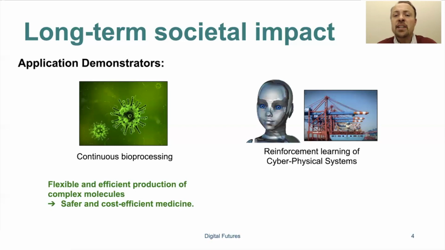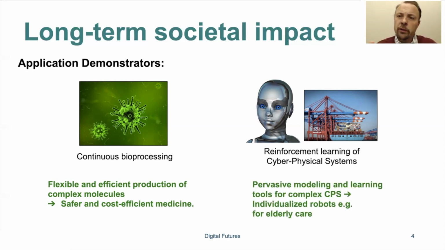The other application area is reinforcement learning of cyber physical systems. So what is a cyber physical system? Well, that is a system where you can combine physical parts, mechanical parts for example, with computers typically embedded into networks. So what we're aiming for here is to be able to get a robot to learn how to first sit up and then stand up and then to walk by itself. So this is really a physical balancing problem.